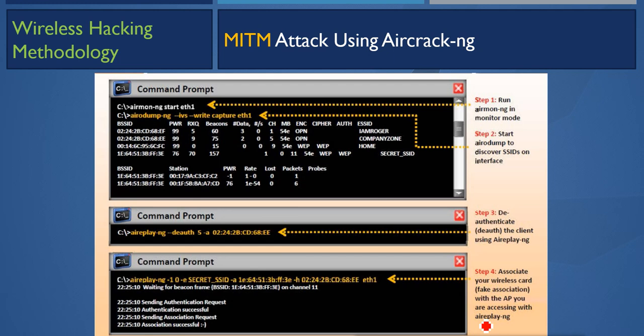Before that, the attacker will create the forged AP on its own machine and connect the victim to its own forged AP. And then after connecting it, the attacker will connect to the real AP with its own information, using the MAC address of the original victim. So it will use the MAC address of the original victim to associate itself to the original AP, and then it will sit between that AP and the victim.